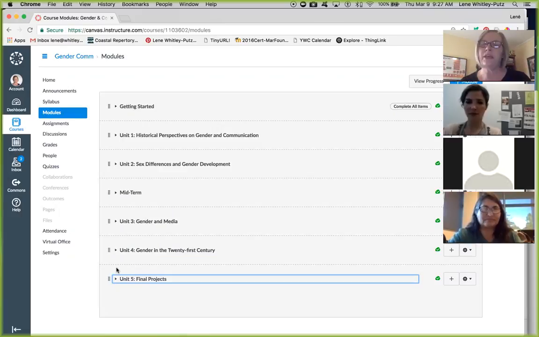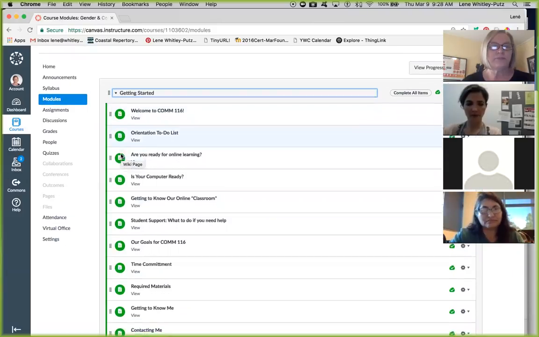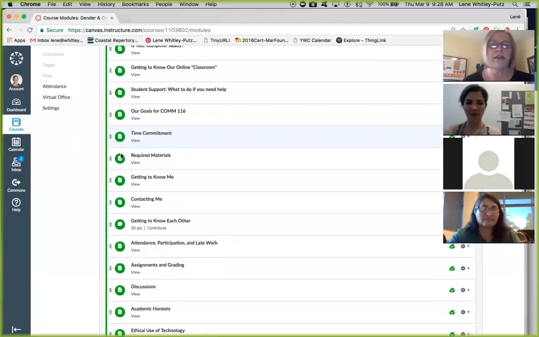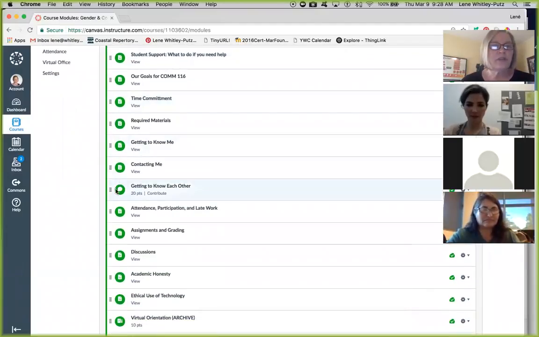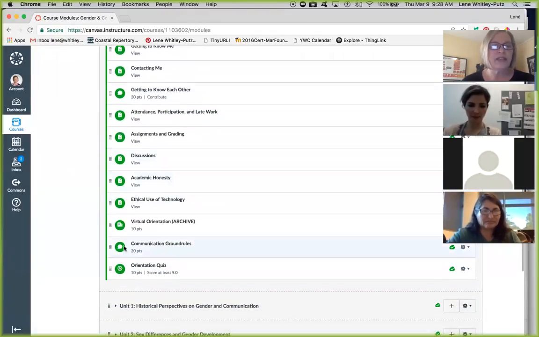The modules page is just like the table of contents. So when I create a module, let's look at this getting started one, for instance. What you'll see is a bunch of these icons that look like little pages. These are all separate content pages, okay? And then if you scroll down, here's one that looks a little different. This is a discussion. Okay, and if you scroll down a little bit further, you'll see a second discussion and